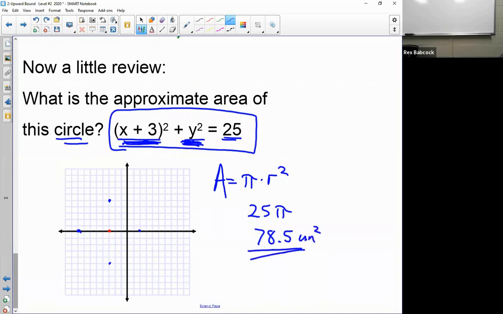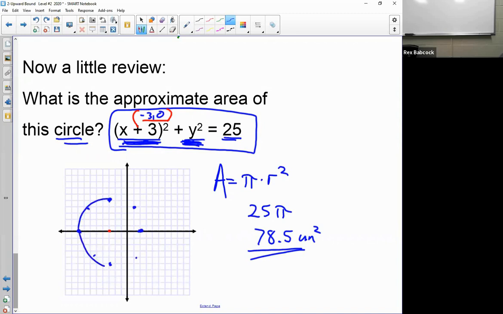If I would graph that, do you remember how to do the center? The center is at -3, 0. I put it in red, -3, 0. And then you go 5 in all directions. Right 5, left 5. Up 5, down 5. 5 in all directions. Now,